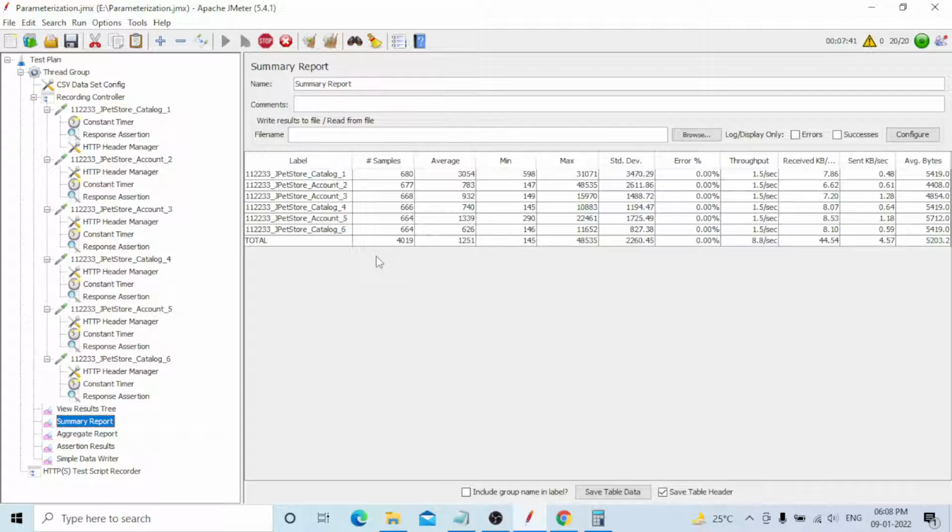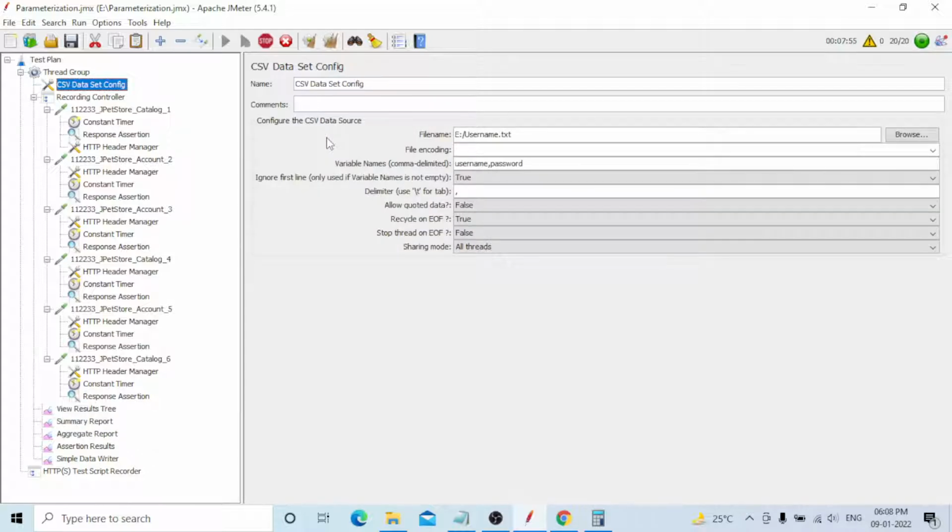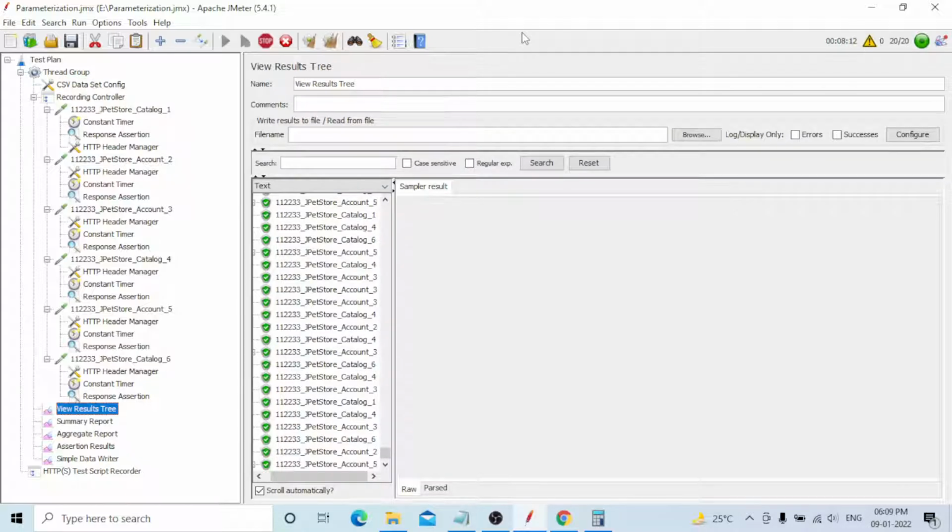They do not have any option for providing test data. For example, I will provide the CSV dataset config file, but the same way test data is not able to be provided in BlazeMeter. That is the big problem. Without test data, it's not able to perform the proper test. I am majorly using BlazeMeter only for recording purposes, but you need to learn that one also.